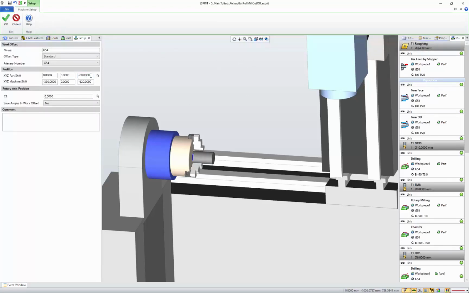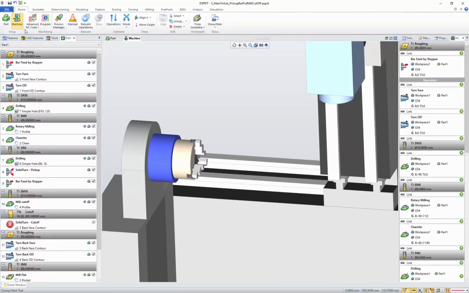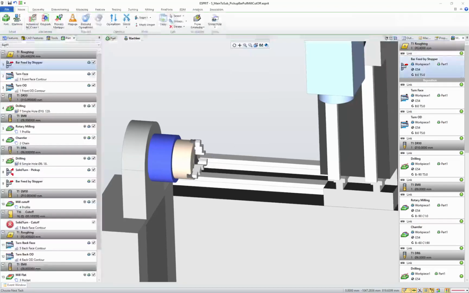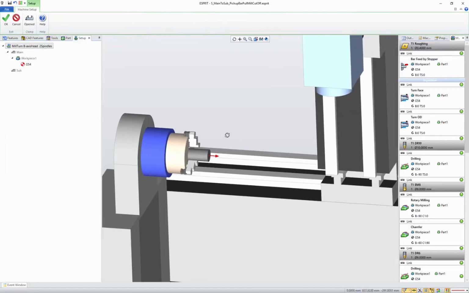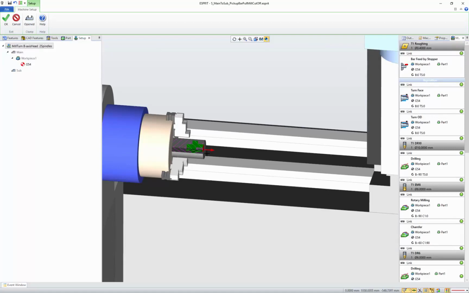I can edit the work offset, initial work offset. Sorry, not the setup change work offset, but the initial work offset. And I'm going to change its position to put it at the position after the bar is fed. So 80 mm in front of the part. Okay, so after this change, if I now edit the reposition machine setup, again, I'm going to switch to a clip, activate the clip plane to visualize the work offset. The work offset is now after the bar was fed on the front face of the workpiece.